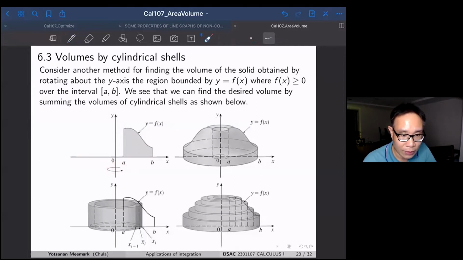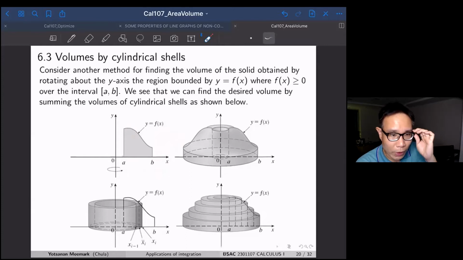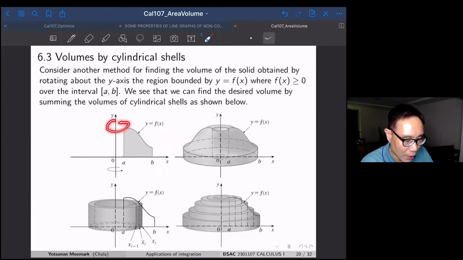around the y-axis. Before, we rotated the region around the x-axis, and we used the technique called the disk method. You see that you have the cross section perpendicular to the rotational axis. This one is the disk that we have been studying in the previous section. The next one will be if we rotate the region around the y-axis, you see that you will not be